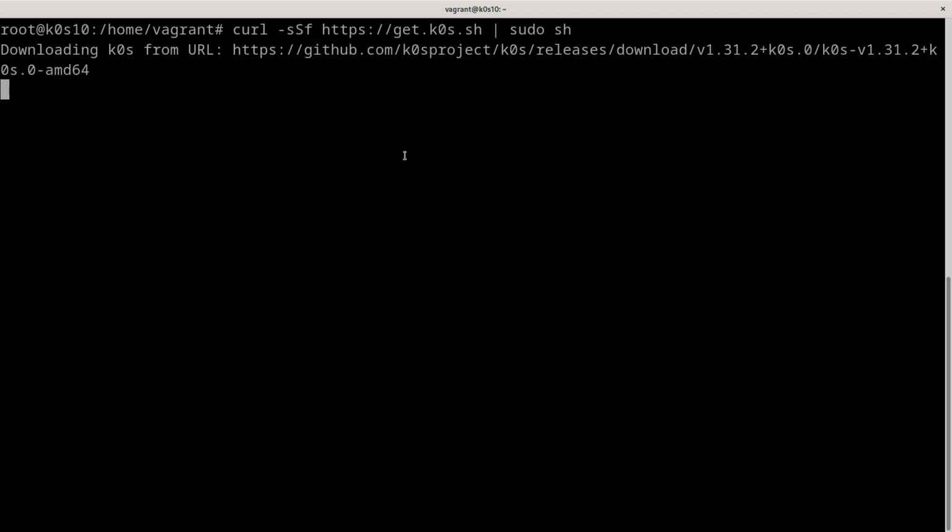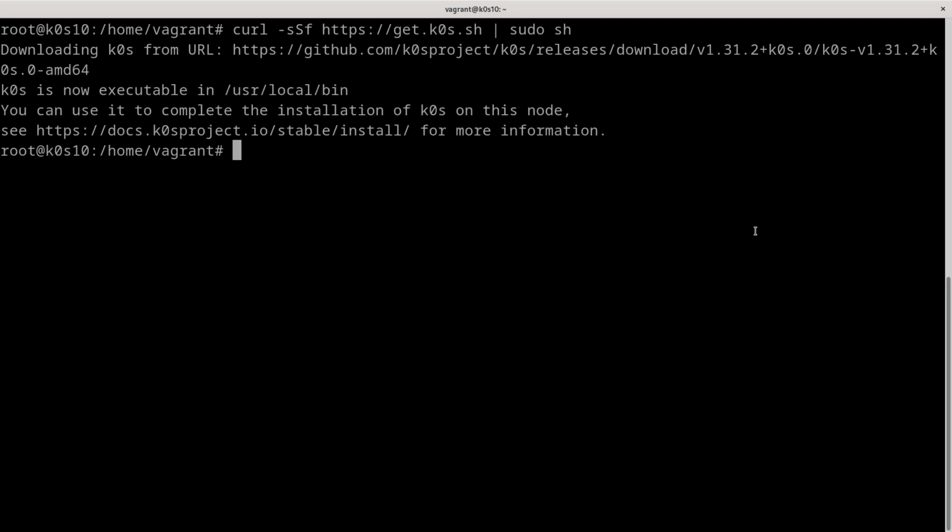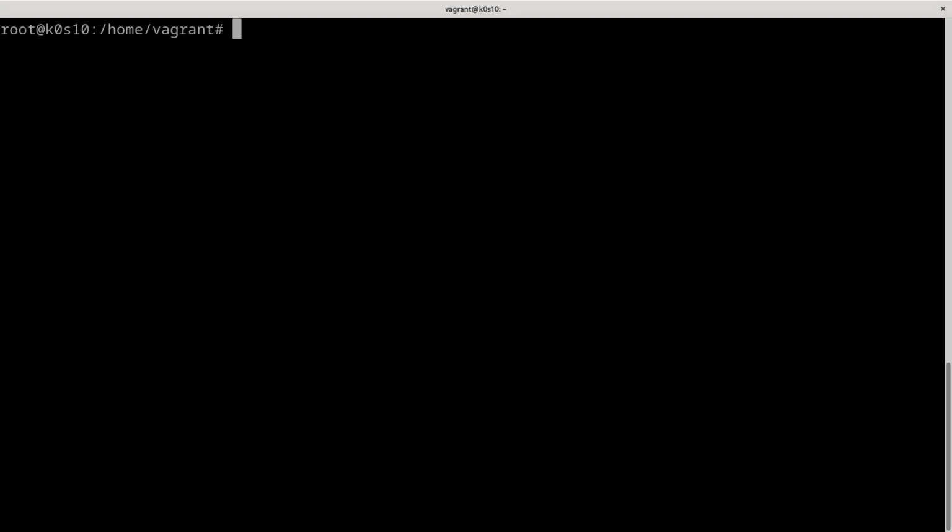Just wait a few seconds, and during this time the K0s tool installs the K0s CLI, and now we can install our cluster. For now, we don't have any cluster in our virtual server.